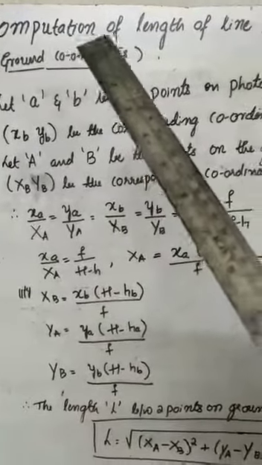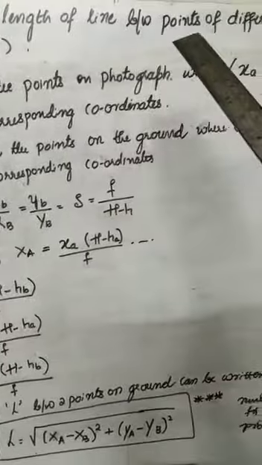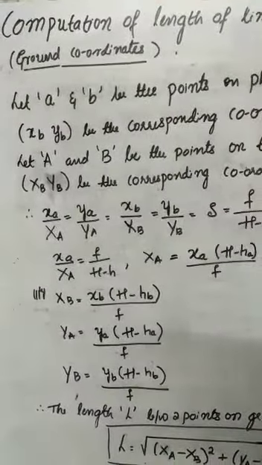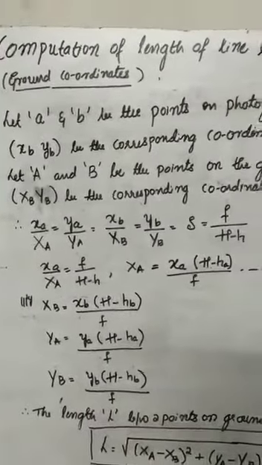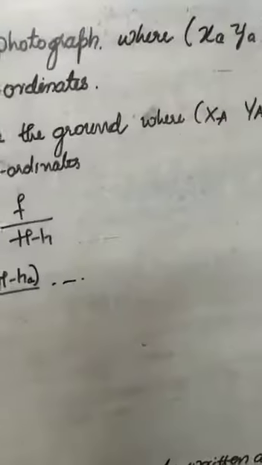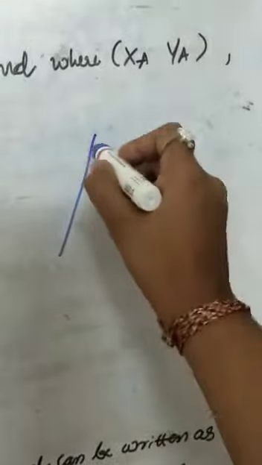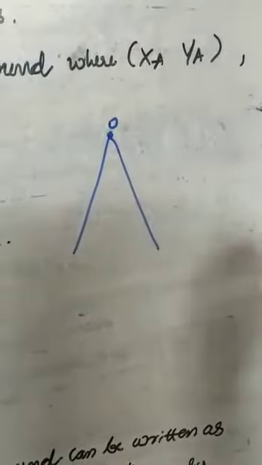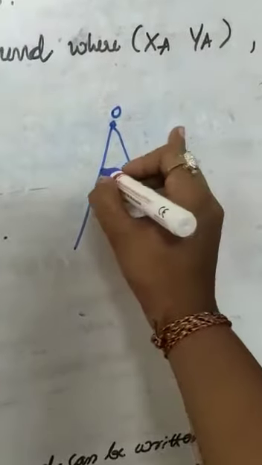The next topic is computation of the length of a line between points of different elevation, that is, from ground coordinates. Before going to that, I'll show you one diagram. This thing we have observed, right? This is the plane from where the object is being focused, that is the exposure station, and